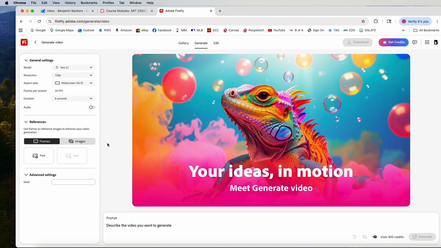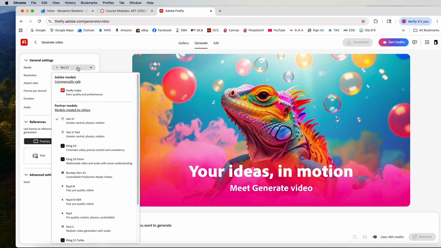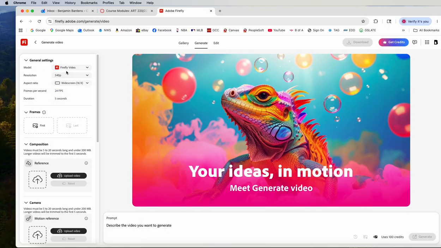So if you're just starting out and testing ideas, you probably want to drop this down to a cheaper option. So like in Firefly, we can use the built-in Firefly video, drop it down to 540 resolution and 5-second duration, and you can see that's only going to cost 100 credits to generate something. So pay attention to those settings, because if you're just starting out, it's easy to burn through a lot of